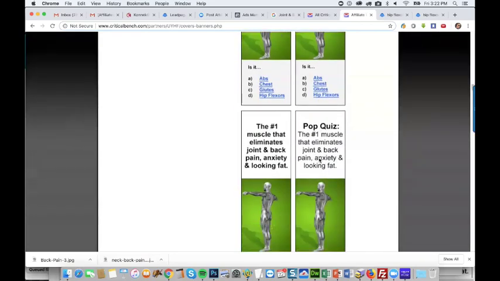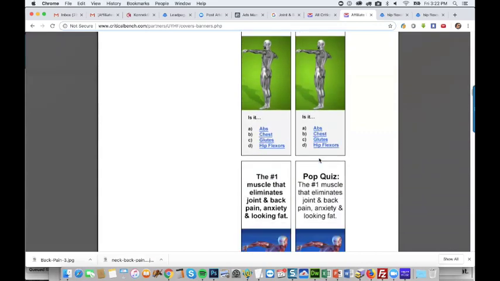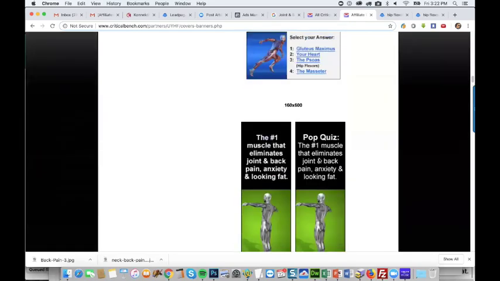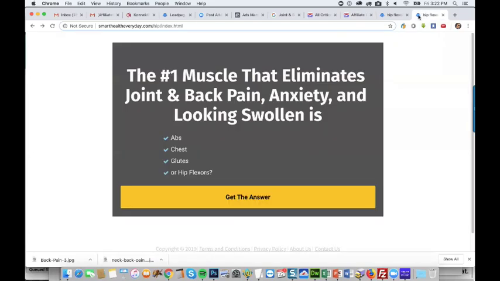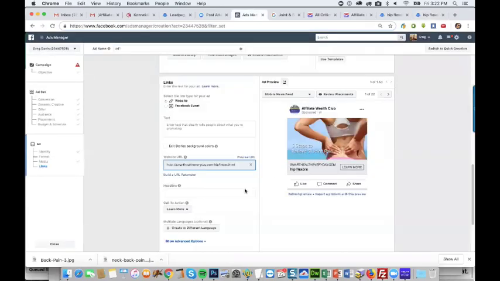Again, we can go for the curiosity angle. Actually, we can use the same thing. Yeah, we can use the same headline.